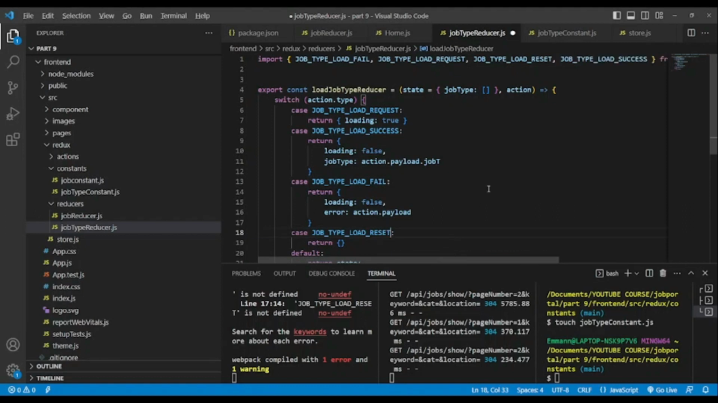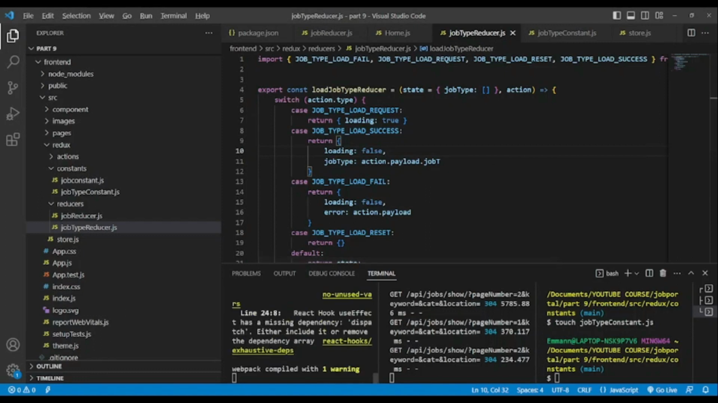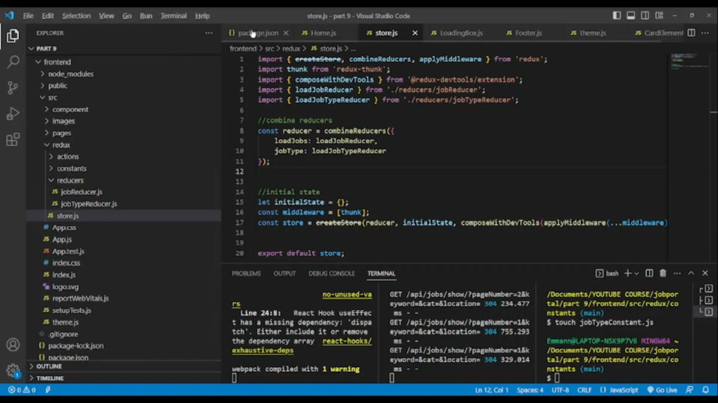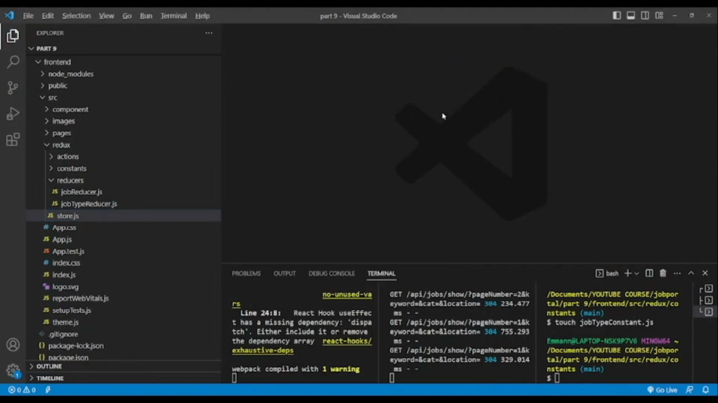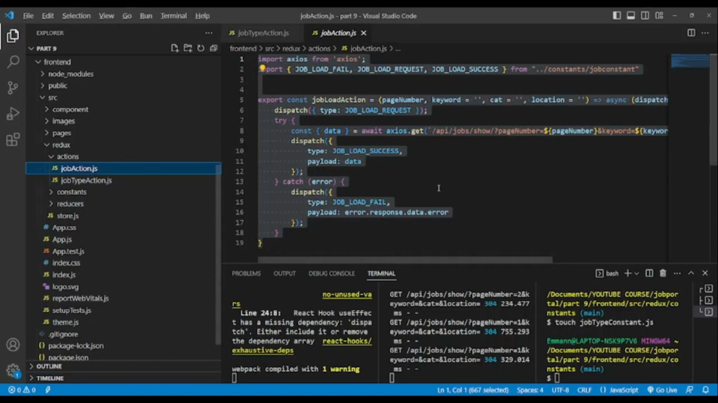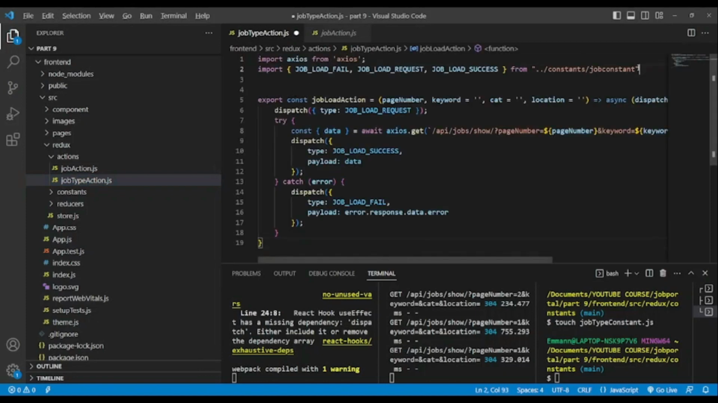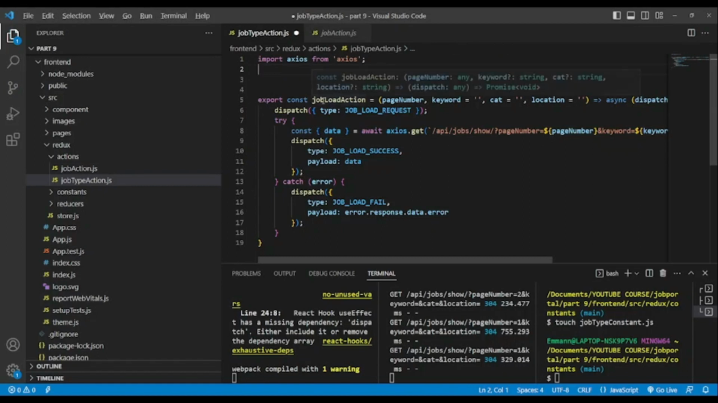And save after that. And as you can see, no errors. So we clear. After that, we need to have the job type action. In the action, this is where you make the API call, okay? And the reducer, I can say, is the different stage,